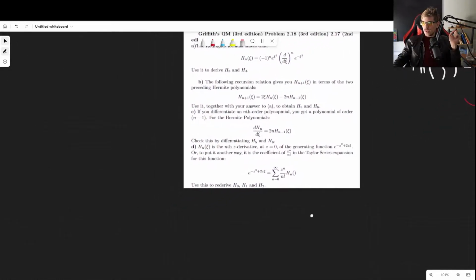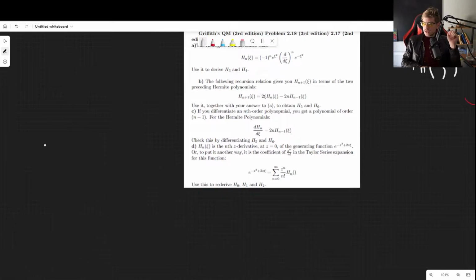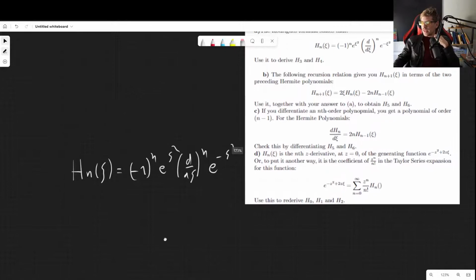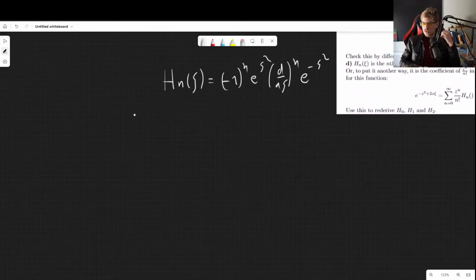So let's go for H_3 first. I'm going to copy the formula here because I'm going to scroll down and I might lose visibility of the formula that is up there. So (-1)^n, e^(xi squared), d/dxi nth derivative, e^(-xi squared). Okay, so we want to find H_3 and H_4. So H_3,